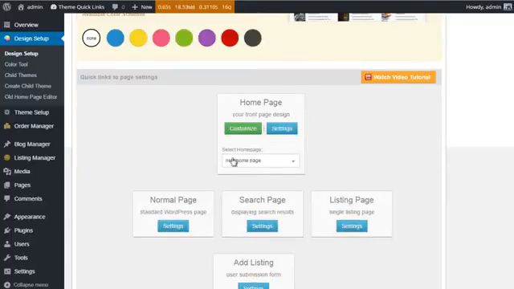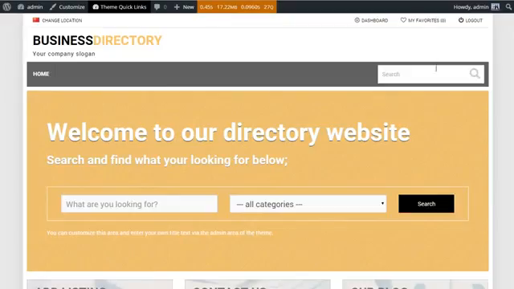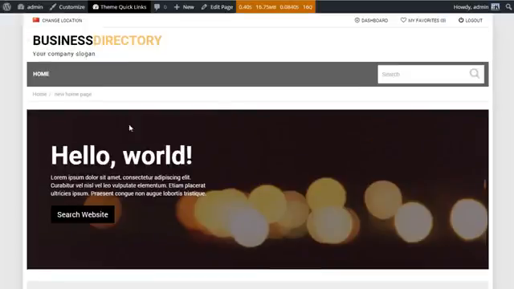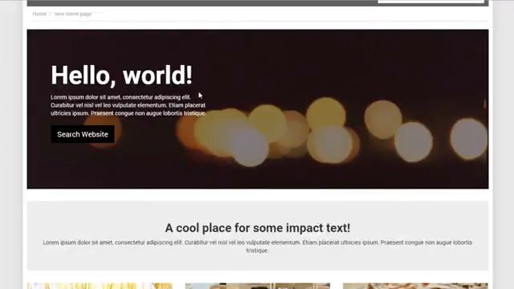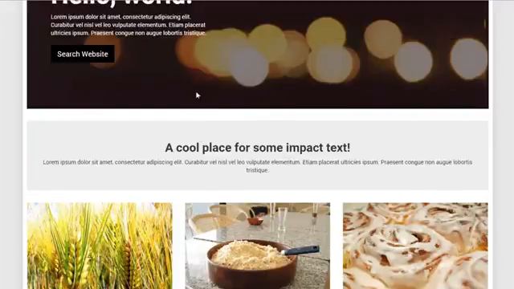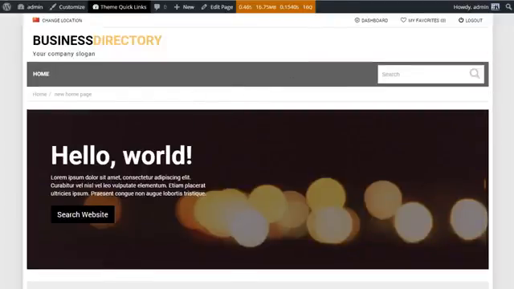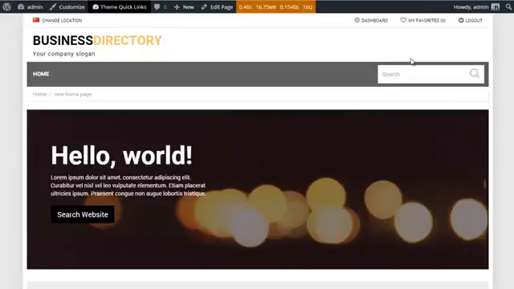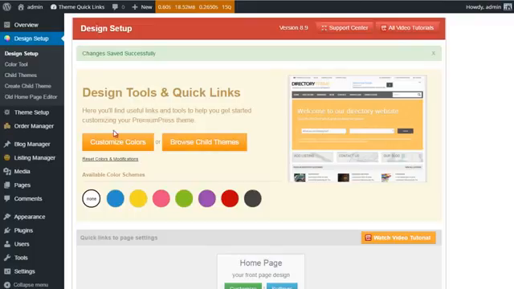Now as soon as you press and choose a new page from the drop down menu, it's instantly applied. So if I go to the homepage on my website and give it a refresh, you can see now that the homepage on my website is showing the newly created page I just made a moment ago. So obviously what we can do is switch that back to the old layout. If I refresh, you can see it's now gone back,